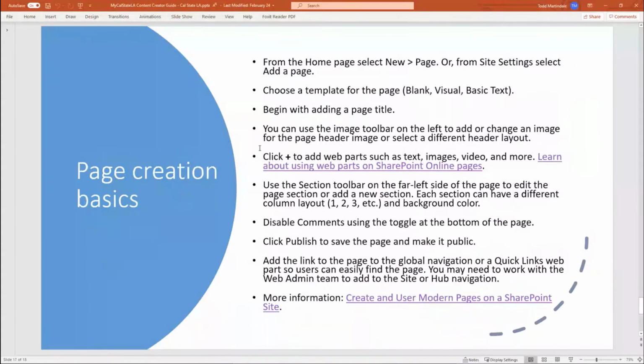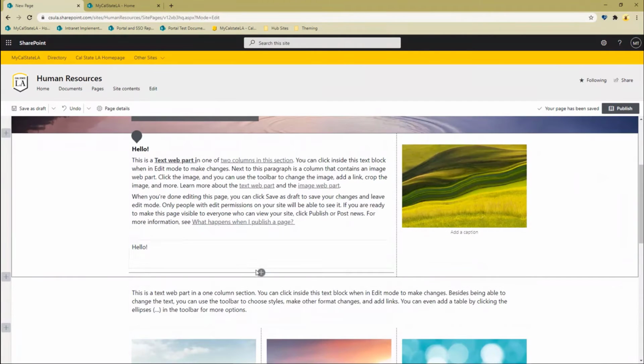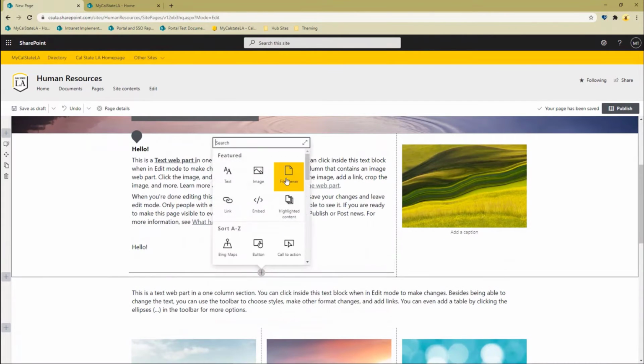And on this page here, we give you details on step-by-step how to get there, and then an article from Microsoft with a lot of details on how to do this, fun things you can do, and details on all the different web parts. So when you click on this plus here, it gives you details on all of these. What do these all mean? Like highlighted content, where you can call out or point to certain documents or whatever in your site.